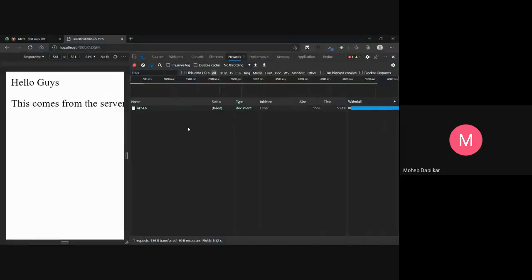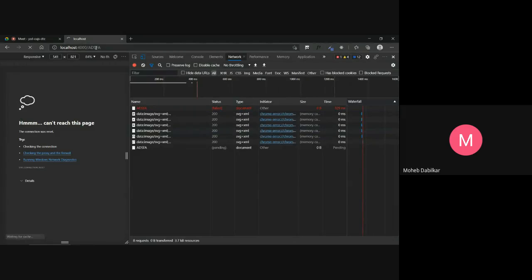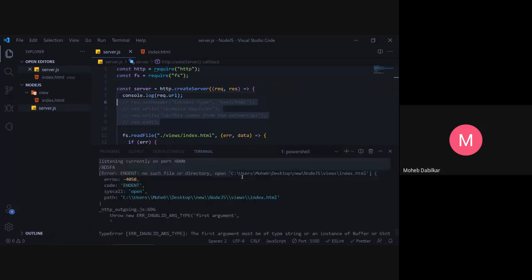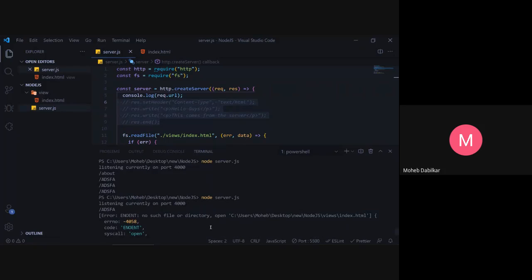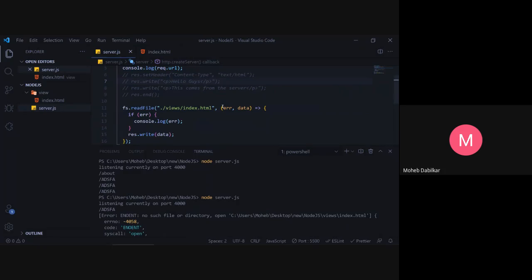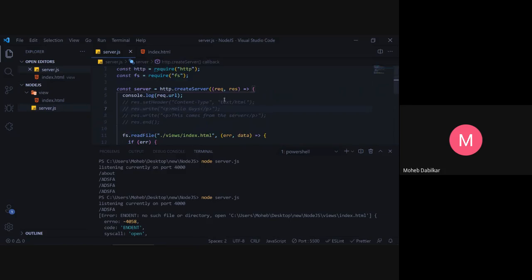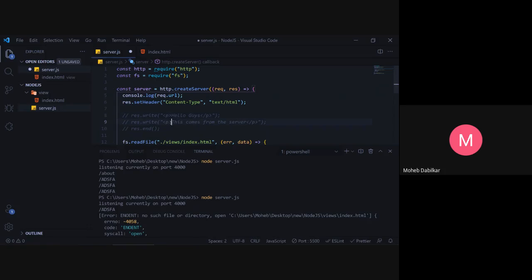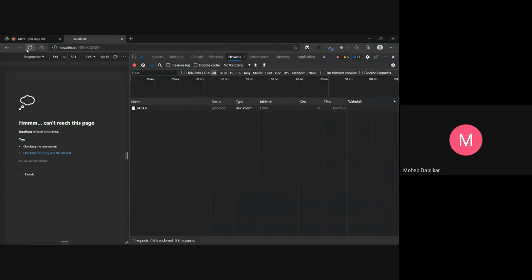For now, since we are not working with dependencies, I don't think we need to do that. Okay, what happened over here? Invalid first argument. Okay, so it did show an error. What is the issue then? Dot slash view. Okay, we did not set the header. I will just remove this for now. You guys want the code, so I'm keeping this. So we need to set the header types. So now it should work.